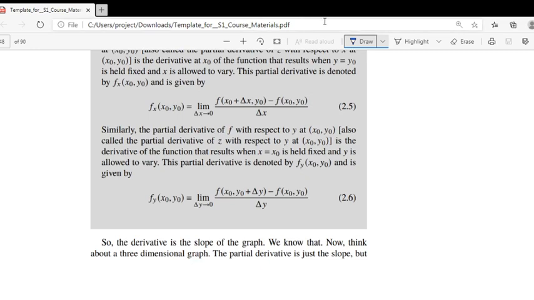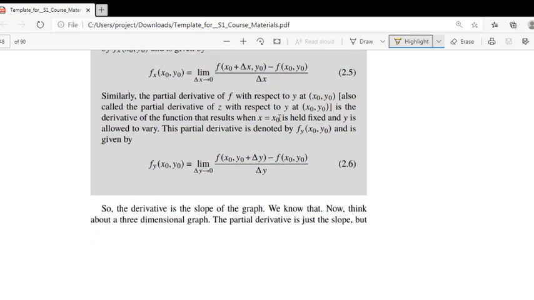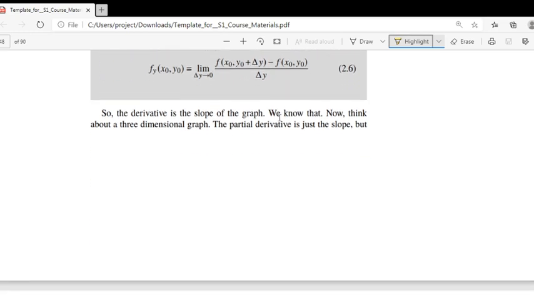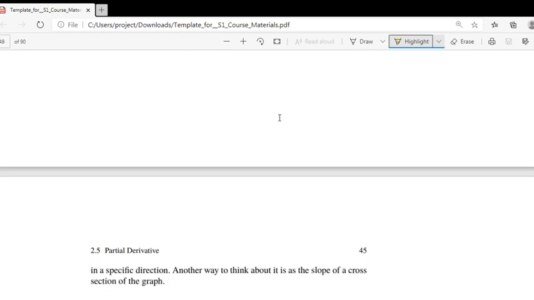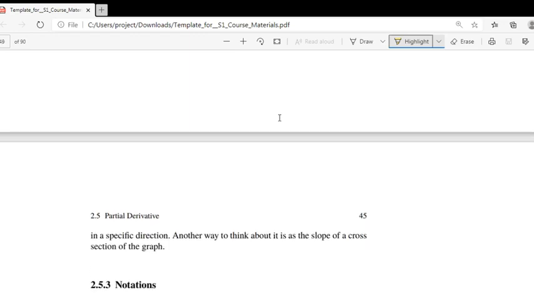Another important interpretation of the partial derivative is slope: slope in the x direction and slope in the y direction respectively. If we find the partial derivative with respect to x at a point (x0, y0), it defines the slope in the x direction at that point. Similarly, the partial derivative with respect to y gives the slope in the y direction. The geometrical interpretation is also very important while we are dealing with graphical applications.